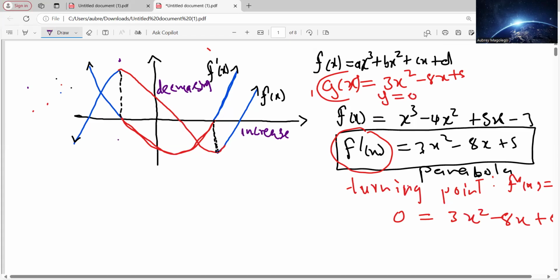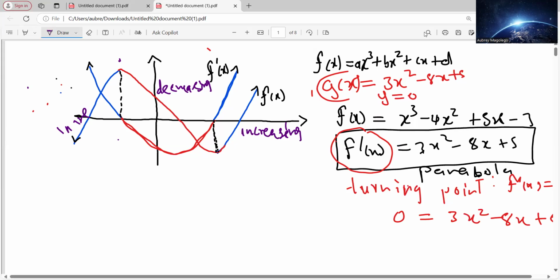Outside the turning point, it is increasing. Even this side, it is increasing also. So what do we notice about the cubic when it is increasing outside the turning point and decreasing inside the turning point? If you can check, I drew that graph with red color and blue color. What does the red color mean? It means where you see the red color, that's where the graph is decreasing. And wherever you see the blue color, that's where the graph is what? Increasing. But now let us talk about it, comparing it with the f prime of x, which is the derivative